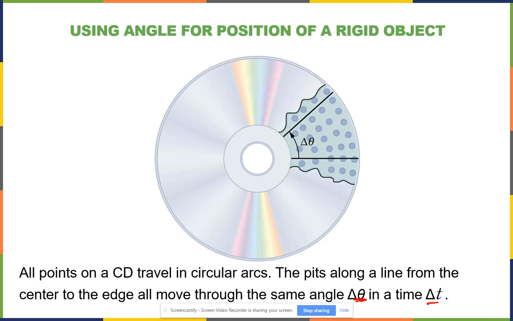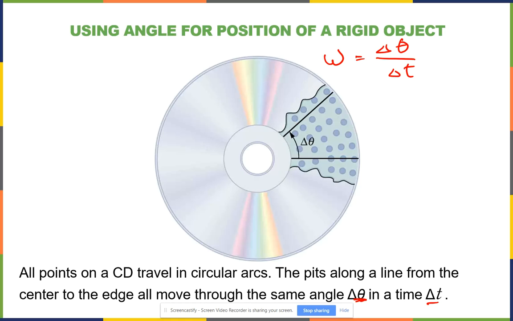And so we call the velocity or speed for rotation the Greek letter omega. That's the last letter of the Greek alphabet. It looks like a W, but it's not a W, it's an omega. And that's the change in angle. We use the Greek letter theta for angle divided by change in time. And so the angular speed is equal to the change in angle over change in time, or the angular velocity